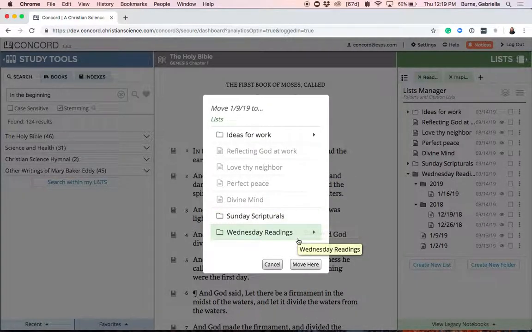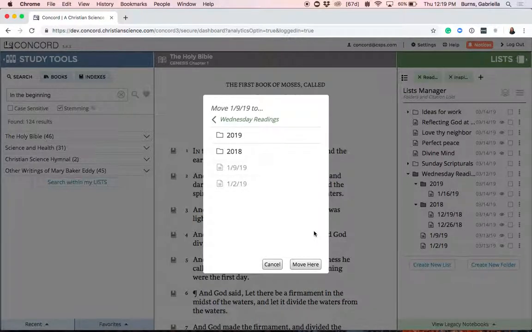I know I would like to keep this particular list within the Wednesday Readings folder, so I will click on the arrow to see what subfolders exist. If I selected Move to Here right now, it would move this list to the Wednesday Readings folder, but would keep it separate from the 2019 or 2018 subfolders. However, I'm interested in moving my list 1919 to the 2019 subfolder, so I will click on that subfolder